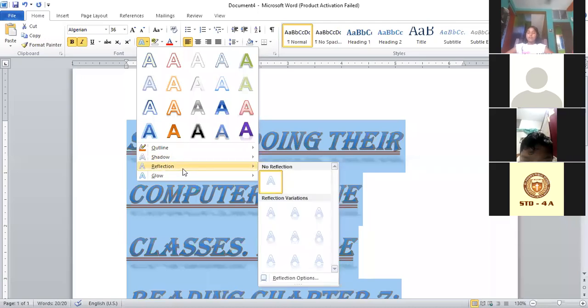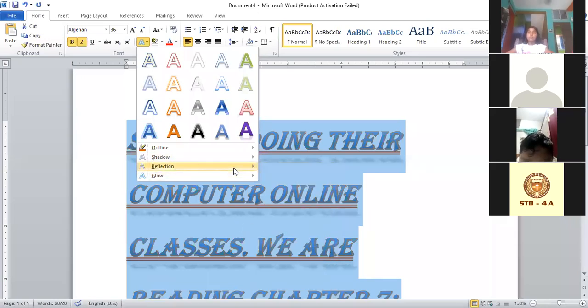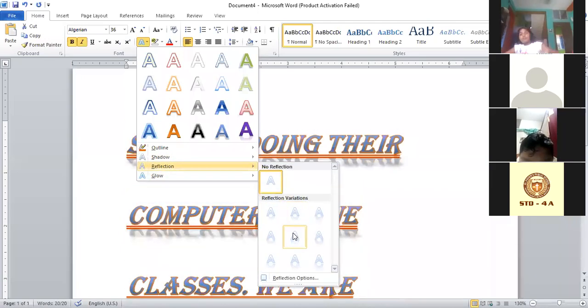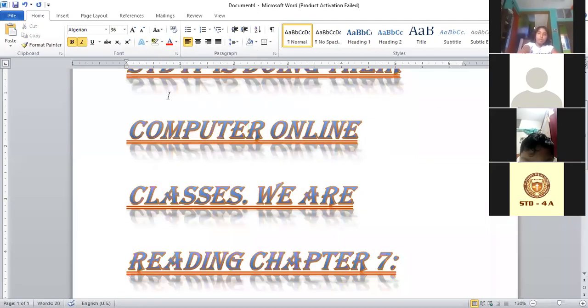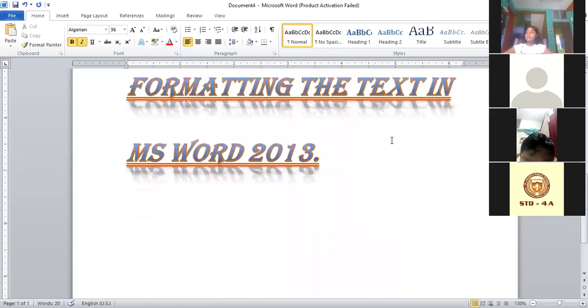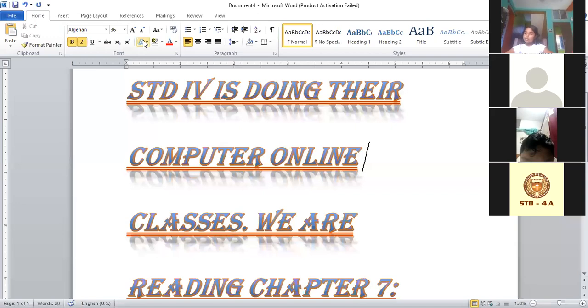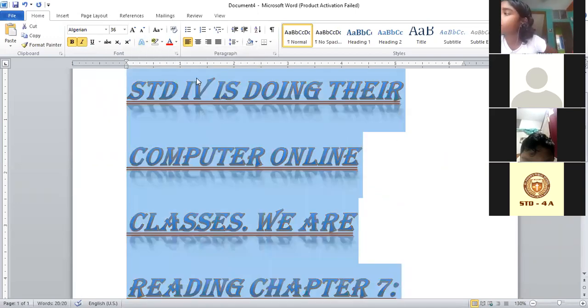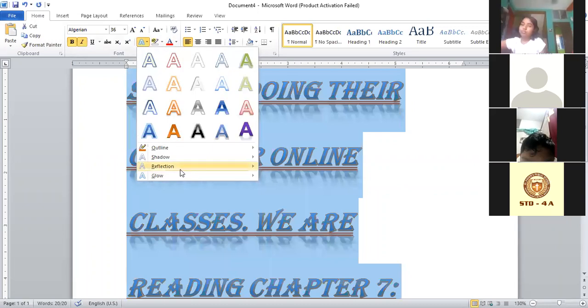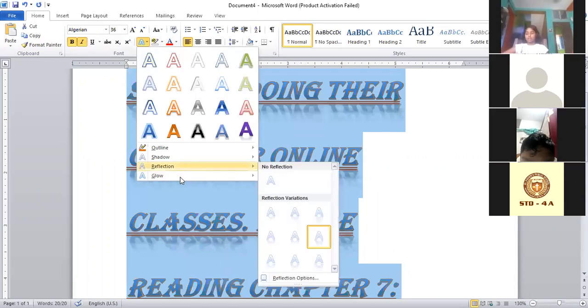Now again, I want a reflection. So I want these reflections. See, there is reflection in the screen. Right? Every word is reflecting itself. Now I want the words to be more glowy. Let's see what is there in the option glow.